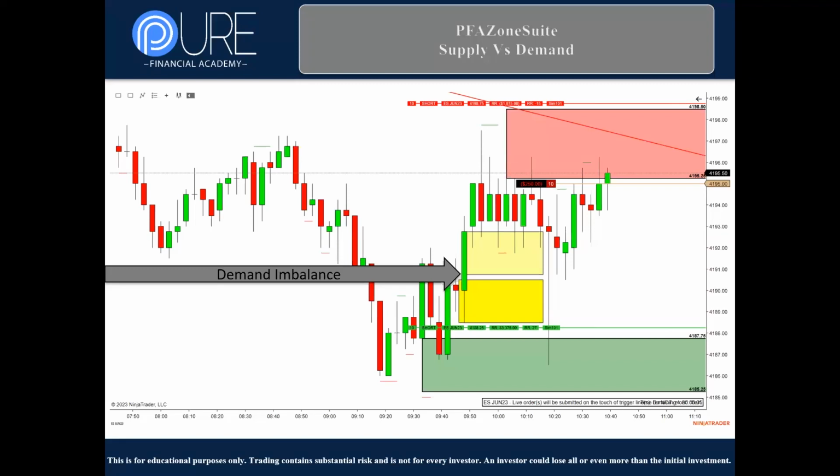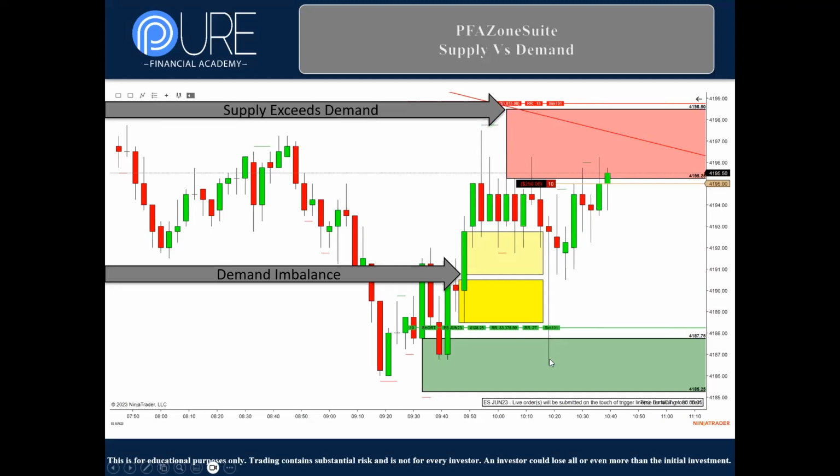We're looking at demand. We have demand, which again is automated. This demand was printed for us. We then have supply, which exceeds the demand. Okay, so if you can see here, the supply origination takes out not only just the one, but it takes out multiple demand levels on the way down. Okay, so we validated it.